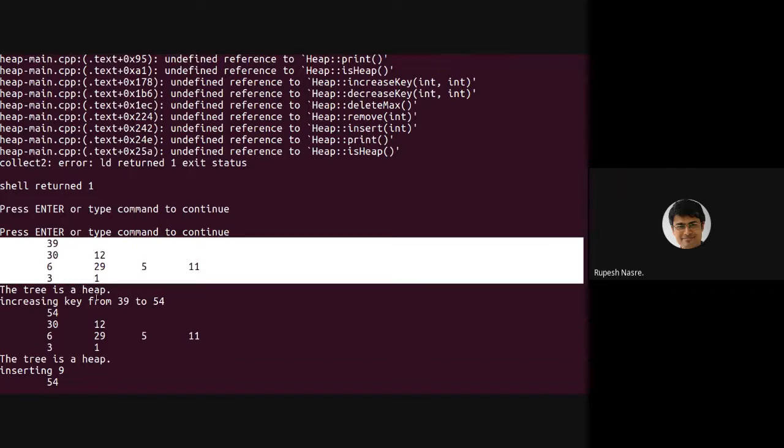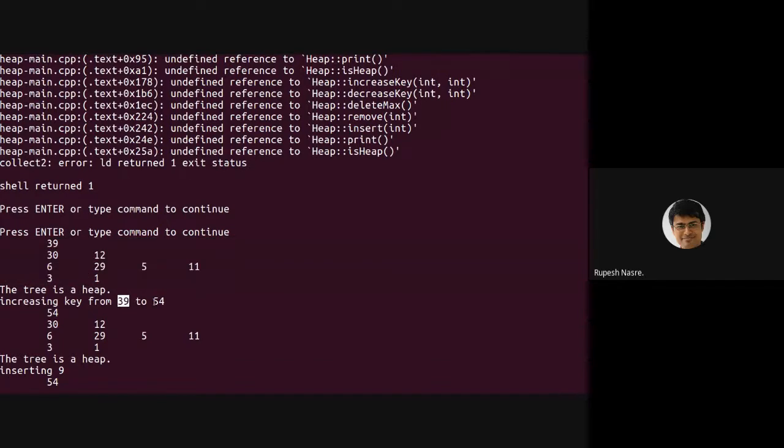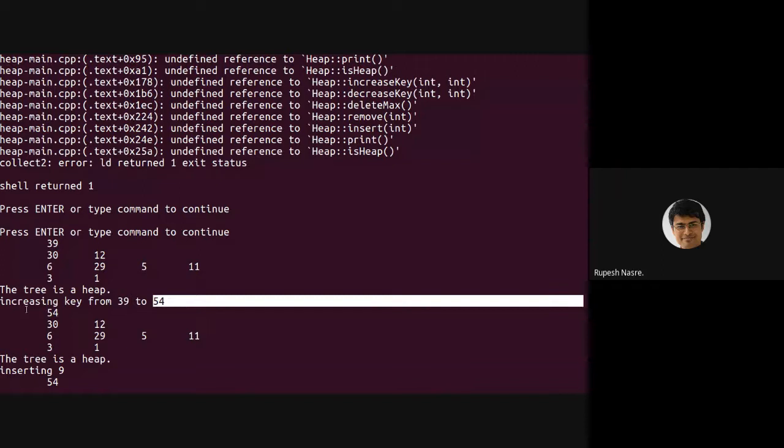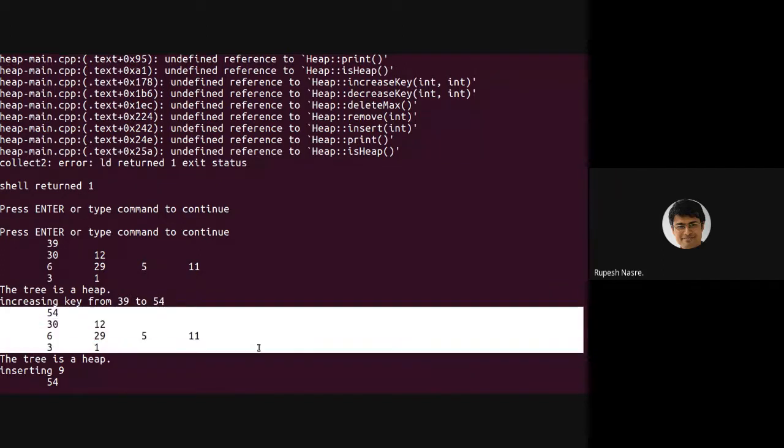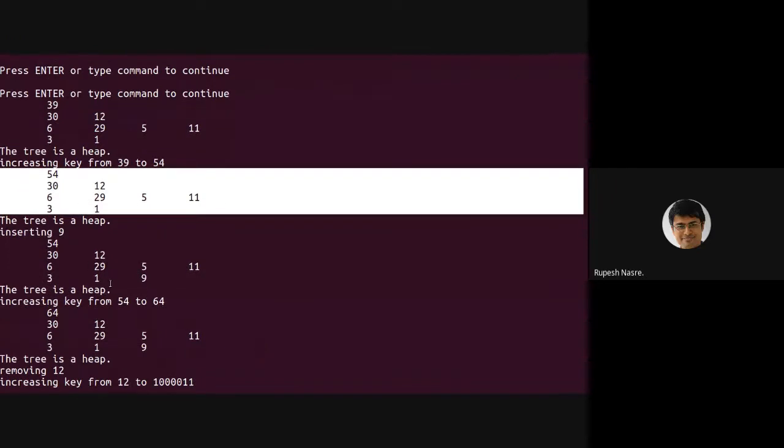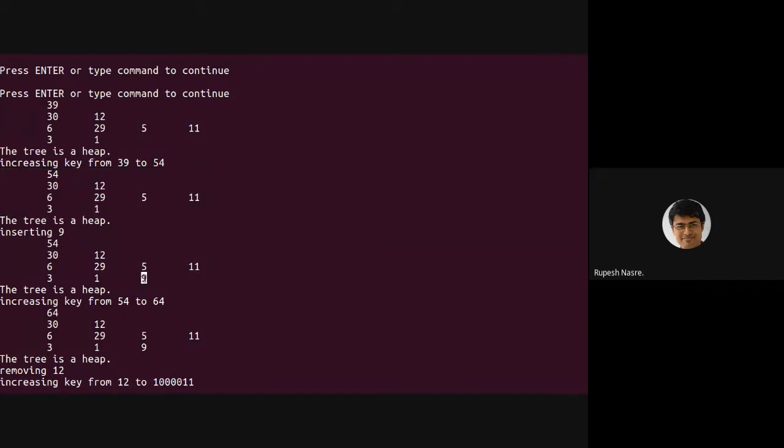And if I increase, let's say, 39 to 54, how does the heap look? In this case, the heap looks exactly the same as before because 39 was the root. But let's say that I insert 9 here. Where will 9 get inserted? Well, you can insert it as the last element here, and then percolate it up. So 30 has children 6 and 29, and 12 has children 5 and 11.